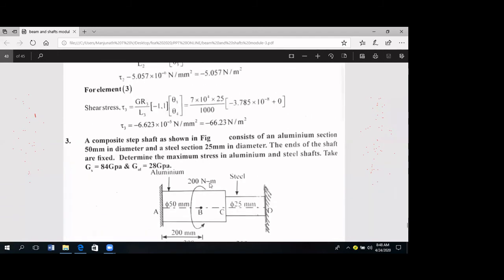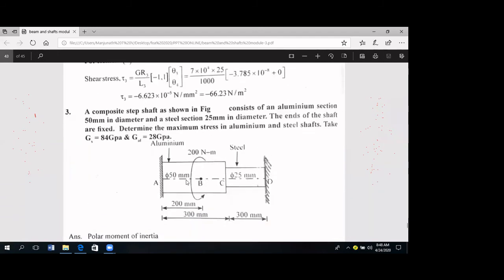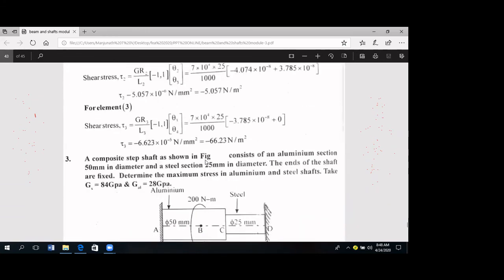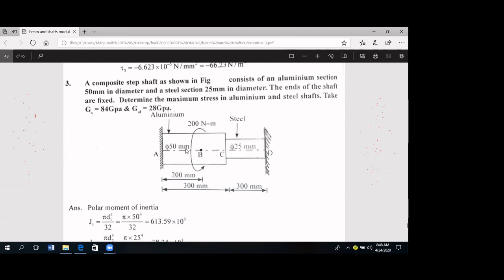This is also a similar case, only the material is different, for both stepped bars. The remaining procedure remains the same as the previous problem we discussed. So just find K1, K2, K3, then find the global stiffness matrix, then write the equilibrium equation, then apply the boundary condition at node number 1. Node number 4 is fixed, so the corresponding rows and columns are going to be eliminated.